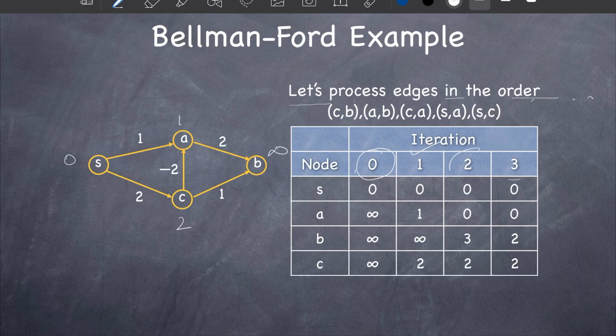Now again, for the second iteration, we will do the same steps, which is C to B. The cost to go from C to B is 2 plus 1, which is less than infinity. Yes, it's less than infinity, so we will change this to 3. This is done. Now A to B. A to B is 1 plus 2, and the updated value is 3. Is it less than